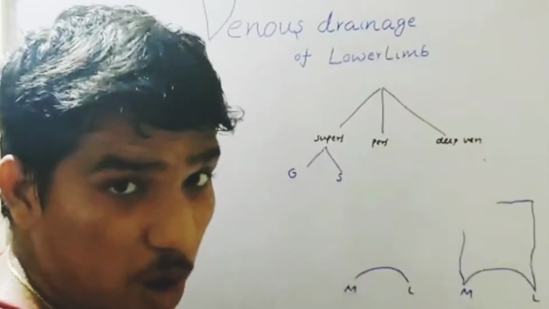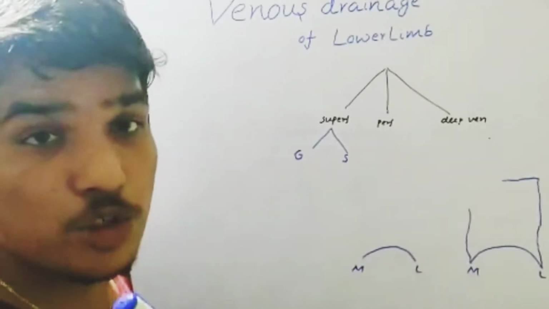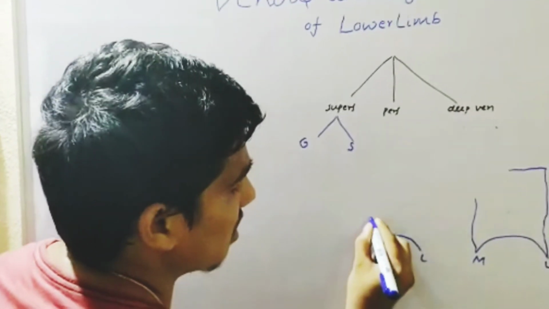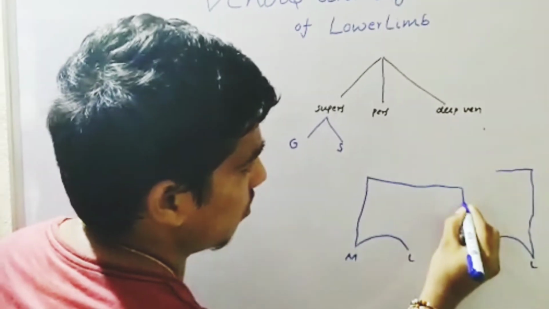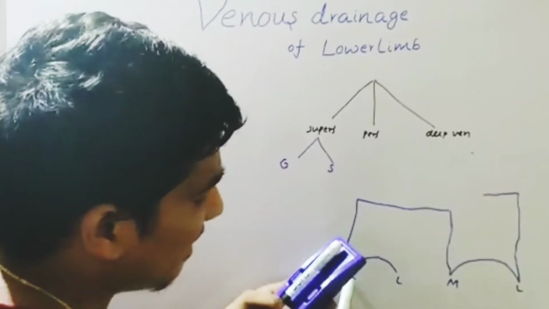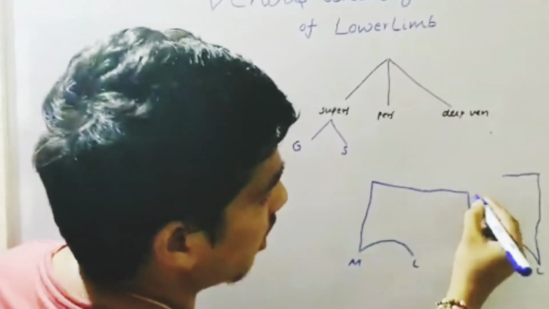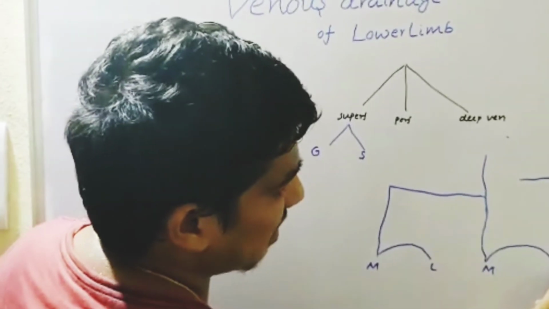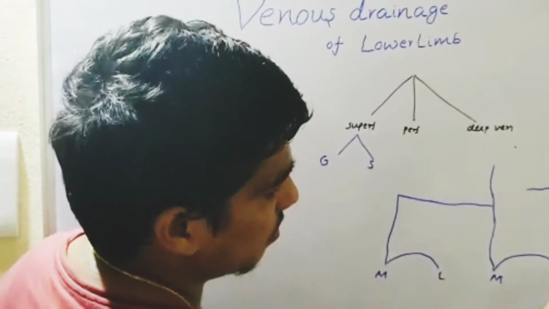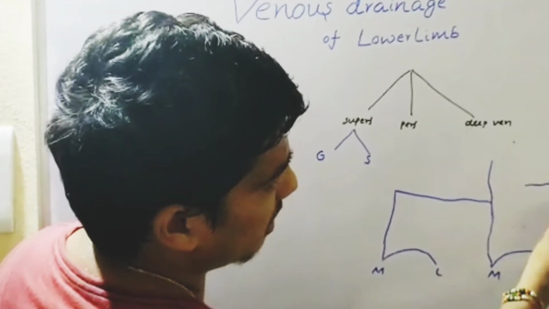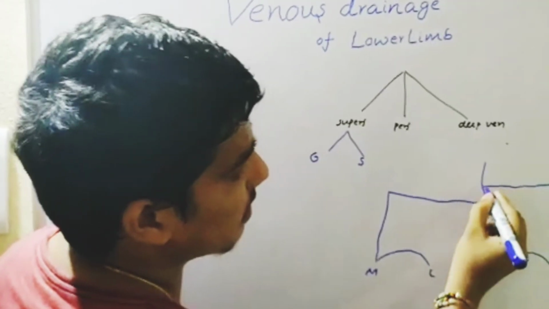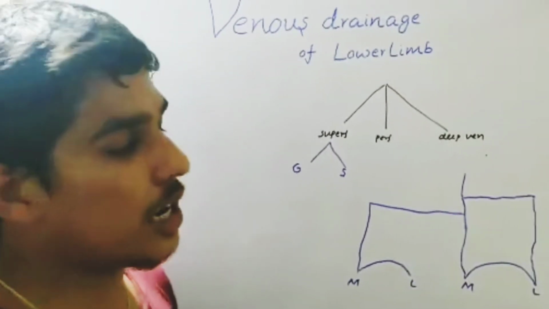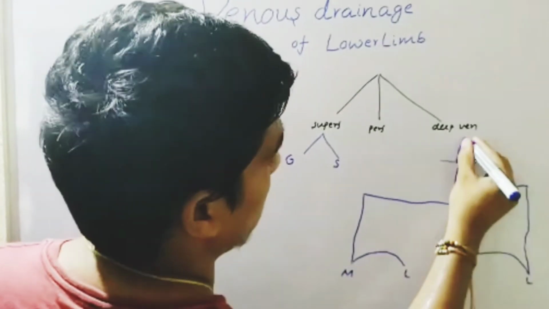The popliteal vein is formed by union of anterior and posterior tibial vein. The anterior tibial vein is formed from medial side of dorsal venous arc. Now, say with me, the anterior tibial vein and posterior tibial vein are going to form the popliteal vein. From the lateral side of plantar arc, there is an arise of fibular vein or peroneal vein, which is going to open into the popliteal vein. This popliteal vein at the adductor hiatus is going to continue as the femoral vein.